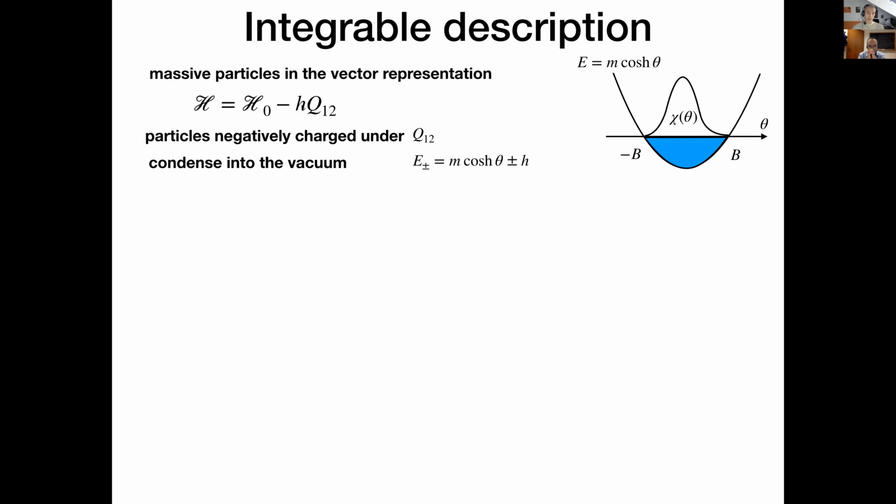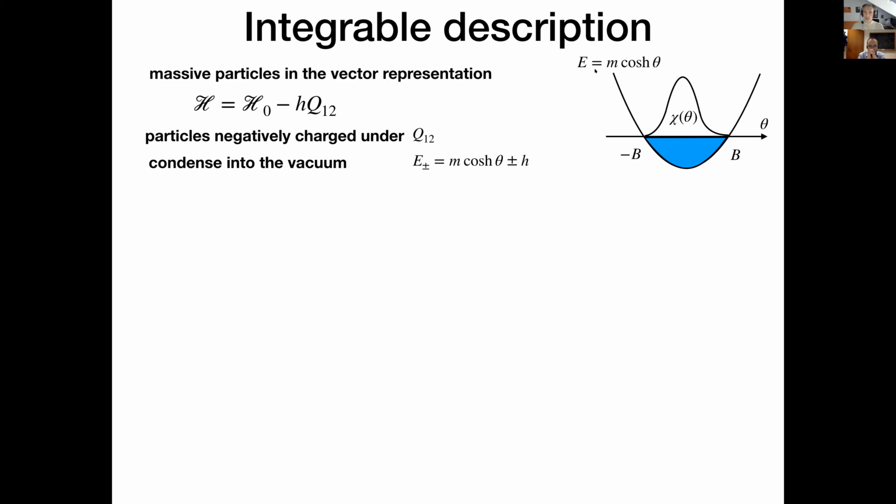These are massive particles, which transform in the vector representation, and they have a complicated scattering matrix. When they scatter, because this theory is integrable, two-particle scattering leads to two particles, but because it's a vector representation, it's a big matrix, an N squared by N squared matrix. It's complicated but known. What is nice about this magnetic field we introduced, and this is one reason we introduced it, is that we can diagonalize the action of this conserved charge Q12, and there are going to be particles charged plus 1, minus 1, or no charge.